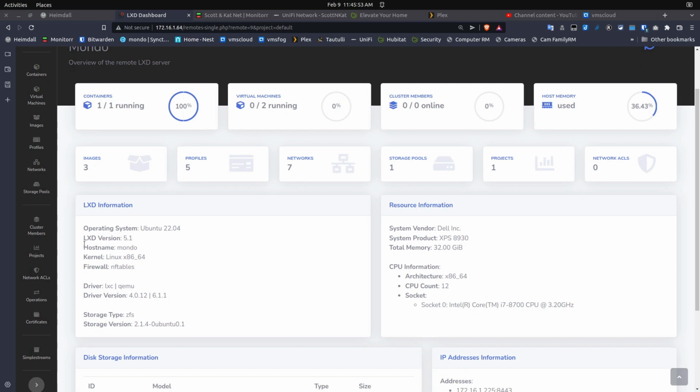So on this particular machine, since it's a full-blown Linux machine, you can see that I have a driver. It says LXC because the underlying supporting infrastructure for LXD is LXC. In fact, really, I look at LXD as being an API and a CLI for LXC containers, hence they're called LXD containers. You can see here the driver version is 4.0.12, and then it also has a driver version